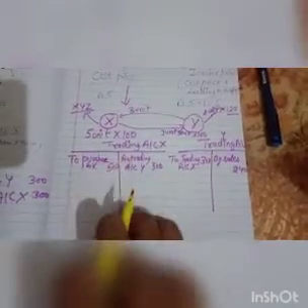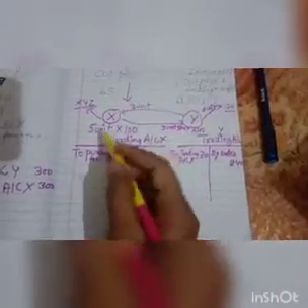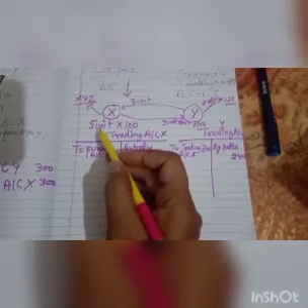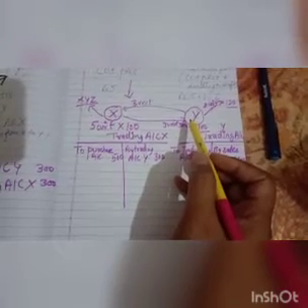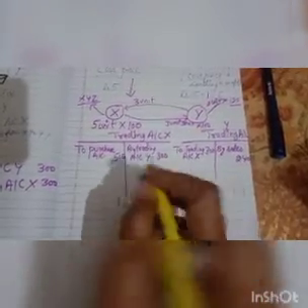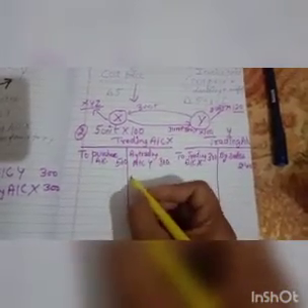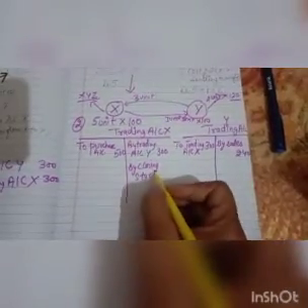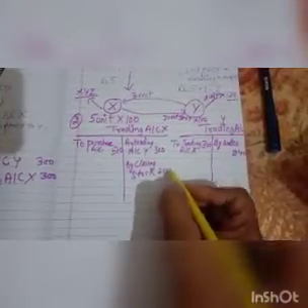Now we are going to calculate what stock has remained in department X and department Y. There were 5 units in department X, and 3 units have been transferred. So how many units are left? 2 units are left in this department, at rupees 100 each. Fine, so we'll write by closing stock, 2 into 100, so it will be 200.